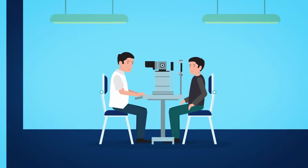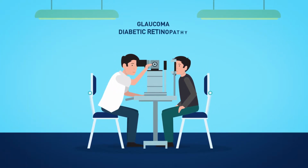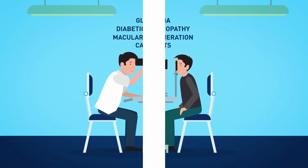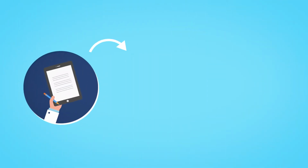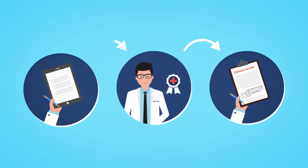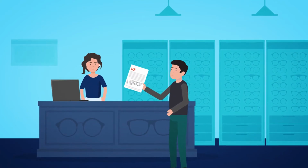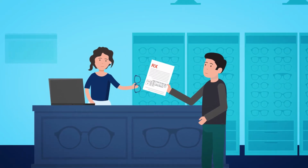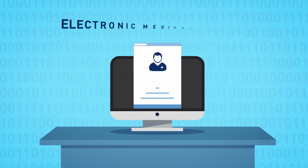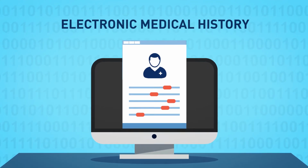Eye health is examined, along with tests for diseases such as glaucoma, diabetic retinopathy, macular degeneration, and cataracts. All test results are transferred electronically to a licensed eye care doctor for clinical review. After review, the prescription is sent to the store within minutes from the exam completion for the patient to purchase glasses or contacts, and everything is captured electronically, allowing providers to monitor changes in the patient's eye health or vision